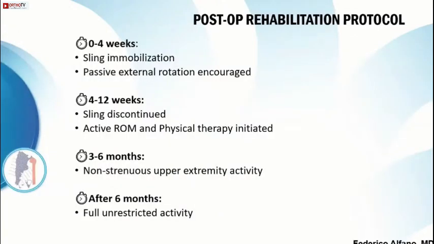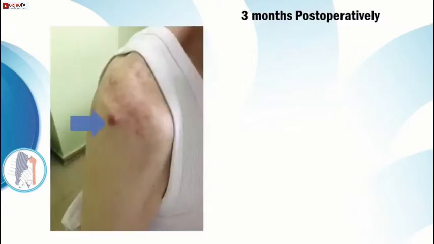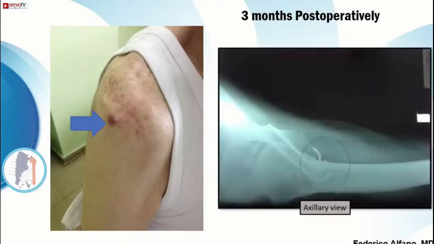So the patient was placed on an arm pouch sling for 4 weeks. After that time, the sling was discontinued and active range of motion and physical therapy was initiated. At 3 months of follow-up, the patient suffered this kind of complication, maybe a skin irritation from the inside. I believe that one of the K-wires was too proud, so I decided to remove all the implants,